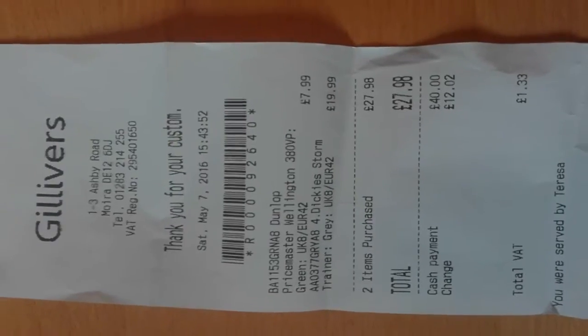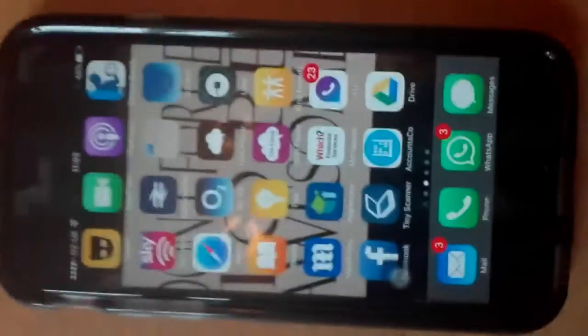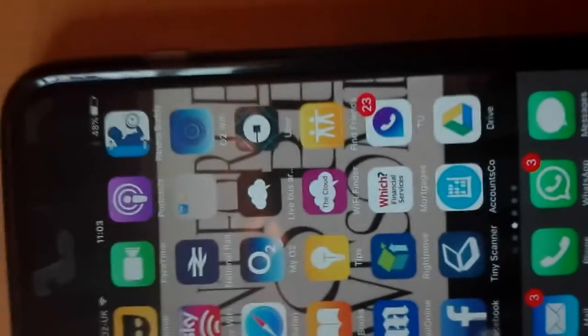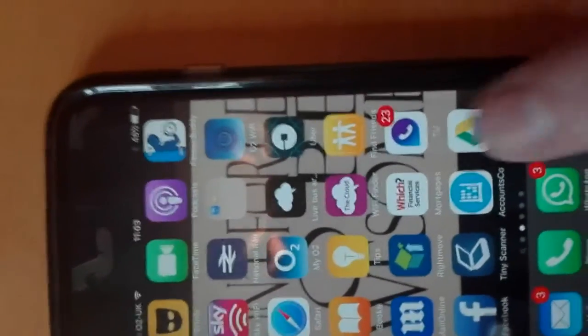We're now going to look at uploading an expense. We have a receipt here, and we have Google Drive installed on my iPhone. You can use this on many apps and many smartphones. So I select Google Drive, as shown here. Apologies for the shakiness. Select Plus, Camera,